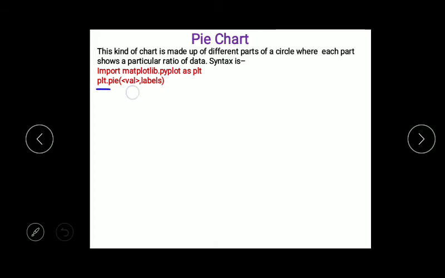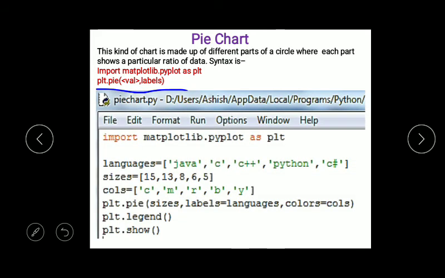With the help of this plt object, just call the pie method, plt.pie, then values comma labels. Okay, see the example. Here matplotlib.pyplot as plt is imported. I am taking languages equals, as a list, Java, C, C++, Python, C Sharp.